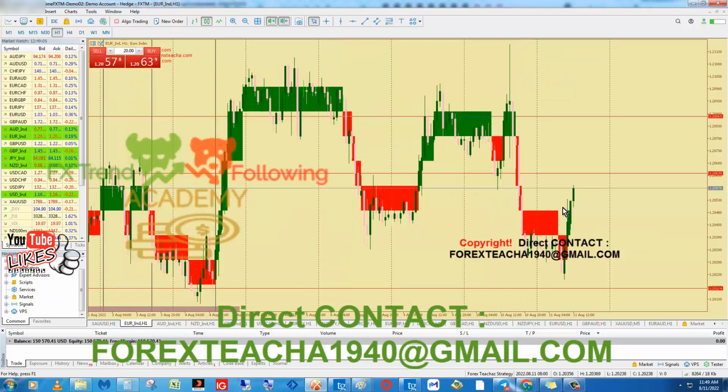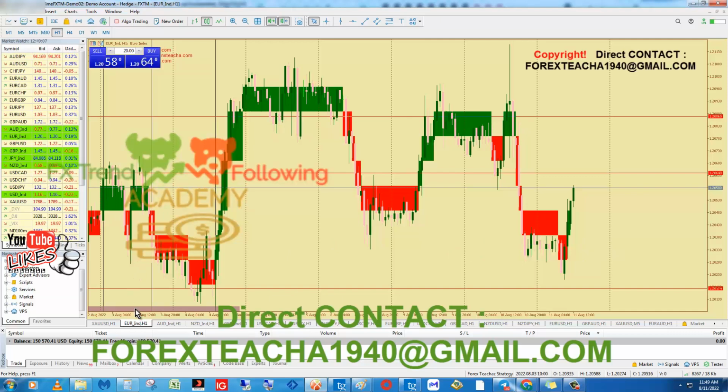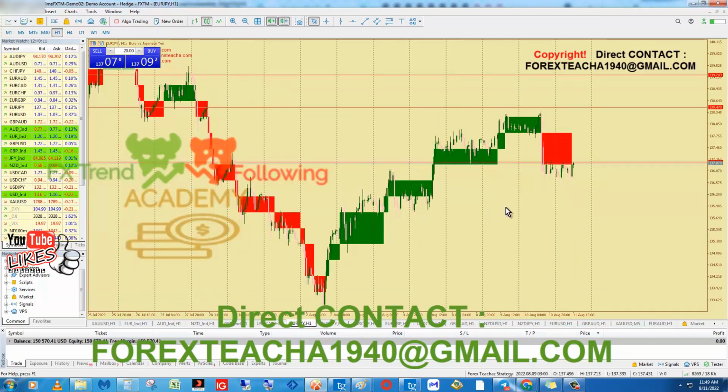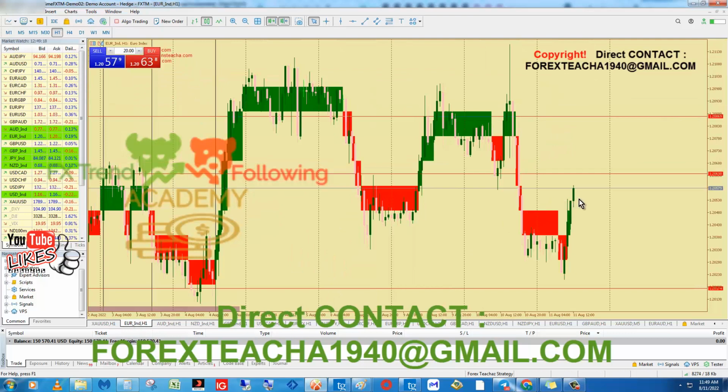So you can actually confirm when you get a signal. Like in this case, Euro JPY, it's showing us that this is a big sell right here. But if I check here, the currency index is showing me that it's now very strong. So it means anytime it can actually turn back. So instead of me entering this trade right here,